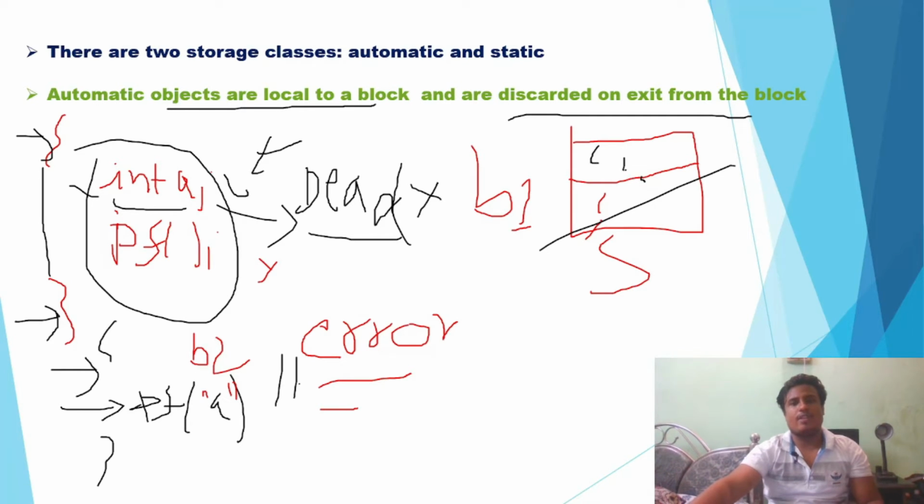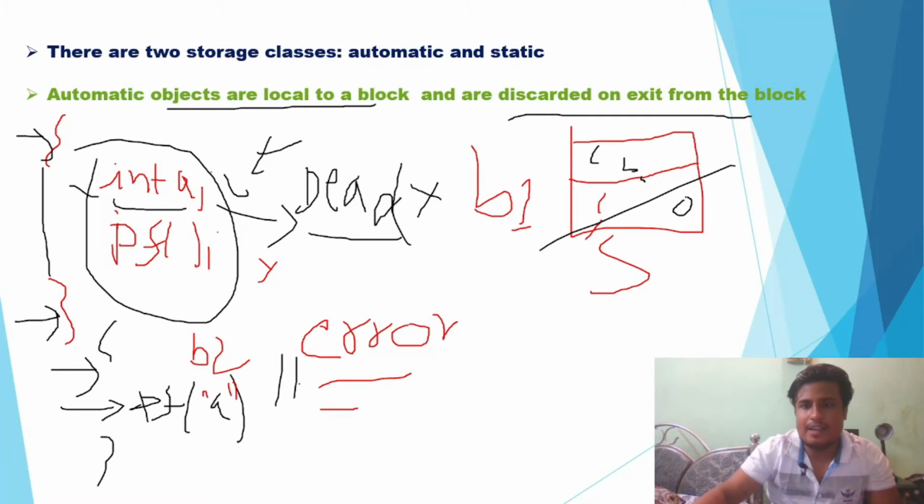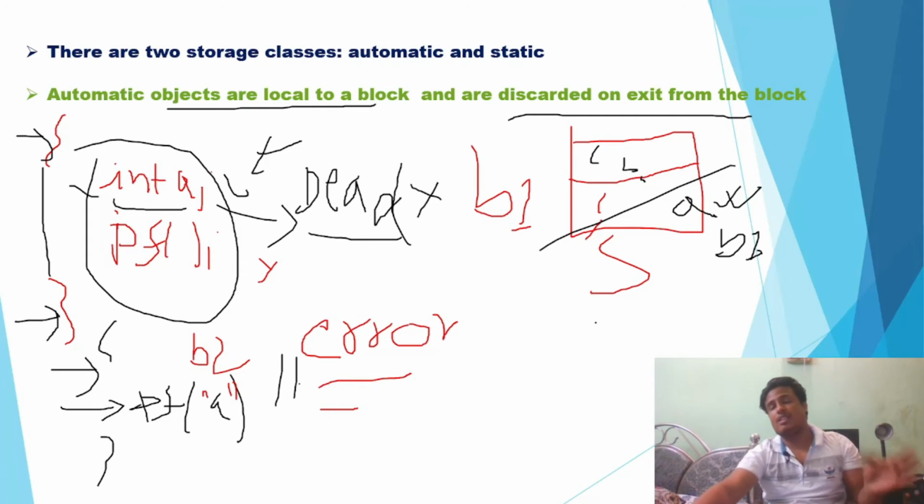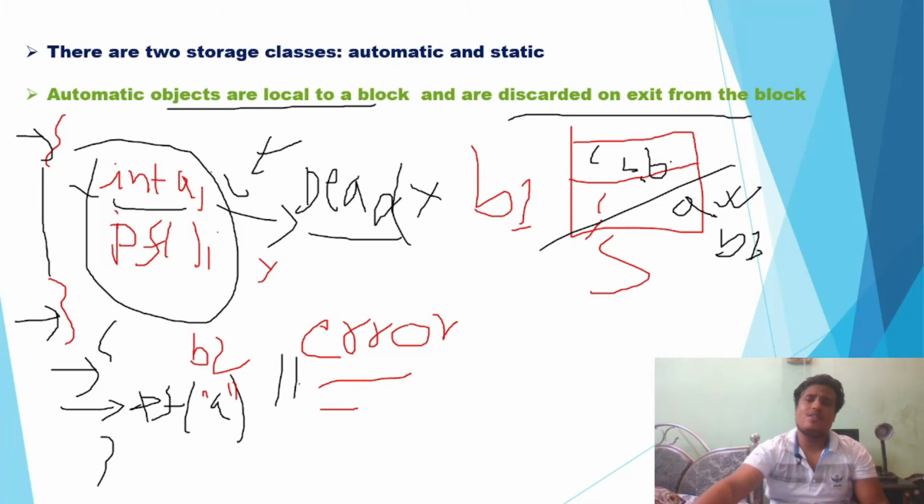So another block comes in. The variable a declared in this block, that was block 1, when this block is popped out from our system, its lifetime ends and its existence is erased from the system. So if we begin our block 2 here, we cannot use the variable a here. Okay, we cannot use it.